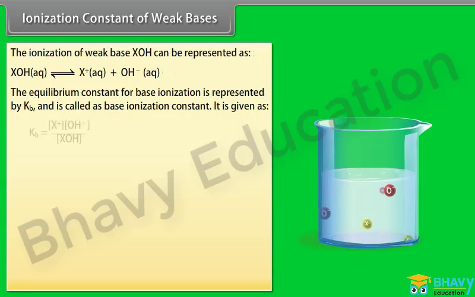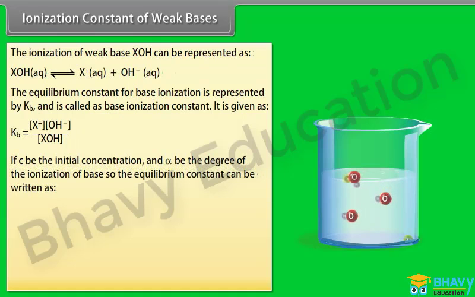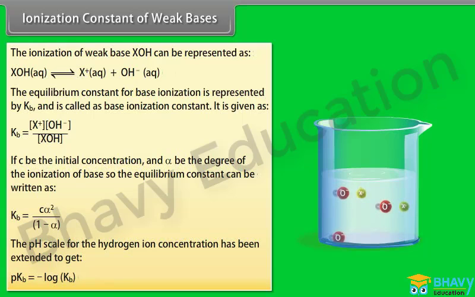It is given as: if C be the initial concentration and alpha be the degree of ionization of base, so the equilibrium constant can be written as Kb is equal to C alpha square by 1 minus alpha. The pH scale for the hydrogen ion concentration has been extended to get